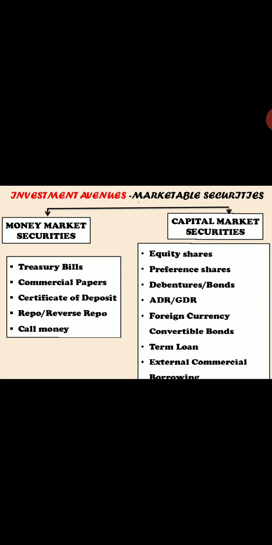The return on T-bills is the difference between the issue price and the face value. See, in my example I told the face value is 100 rupees, but RBI is issuing at what price? 98.20. So what's the difference? It's 1.80. So that becomes the return for that particular investor who has invested in the treasury bills. I hope I'm clear with this. Fine. So the return or the income on treasury bills depends upon the auctions. See, when the liquidity position in the economy is tight, returns are higher, and of course it is vice versa as well, right? So that's how things work under this particular treasury bills aspect.